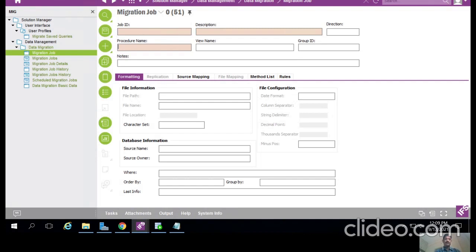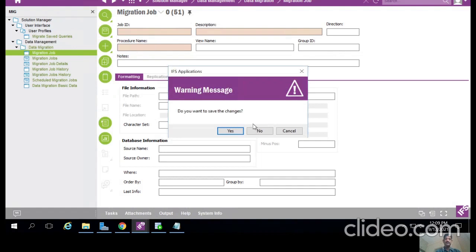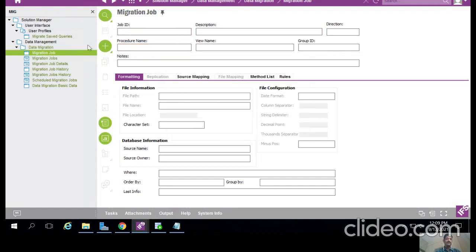So guys, first we go to the migration job activity, which comes under the database management section. Go to database management and choose the migration job option. Okay, so here is basically the schema for migration activity. Here we will perform all migration activity.